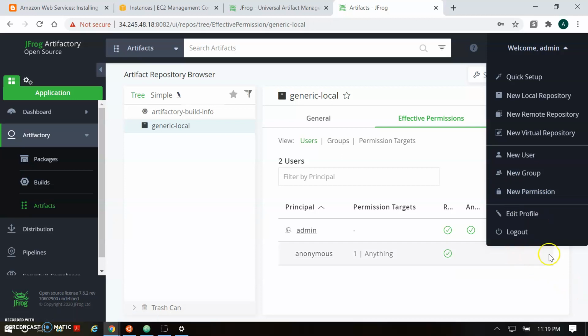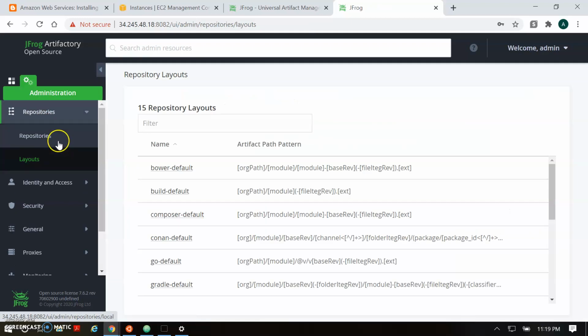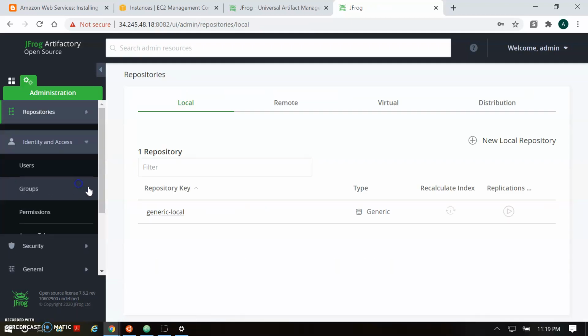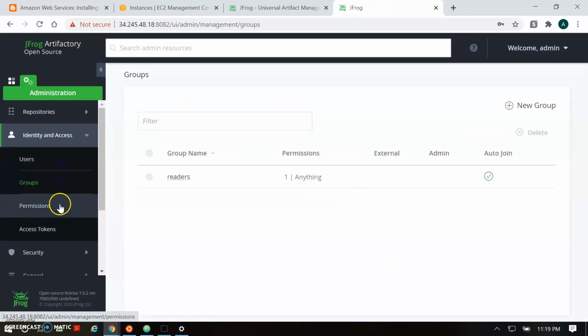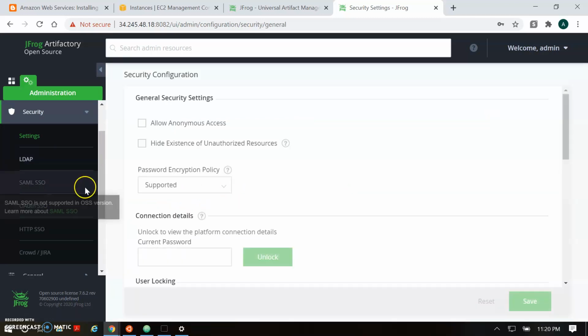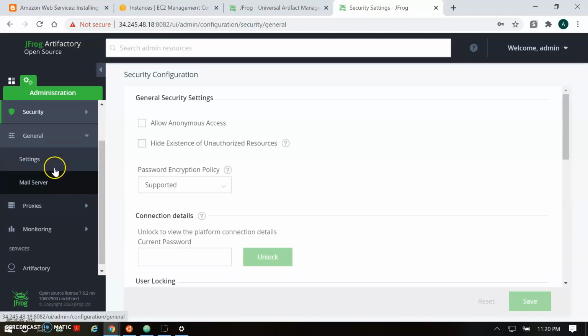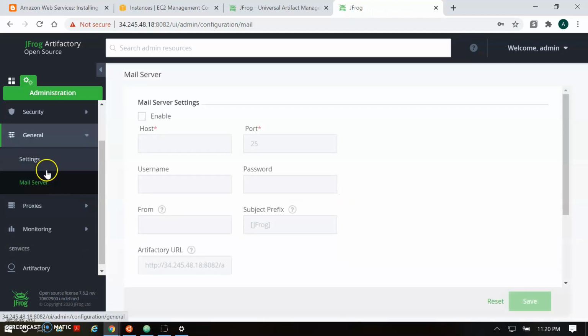So create a user for each role, and here in the settings page you will find the repository settings. You can change your layout here. You can create user groups here, and you can also pass the permissions for your users. In the security part, you can create the security-related settings. It's a general configuration, mail configuration. If you want to configure mail, you can generate the mail from here also.